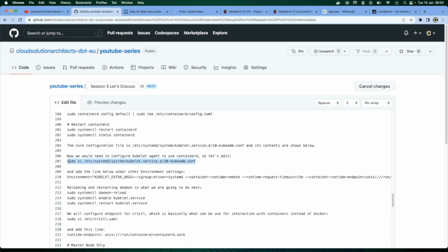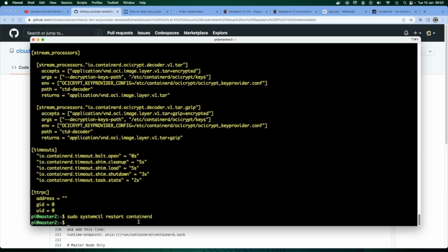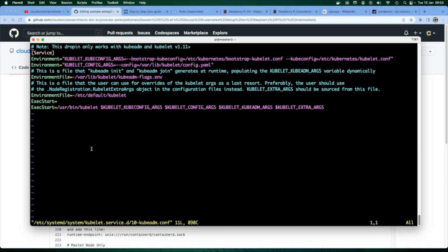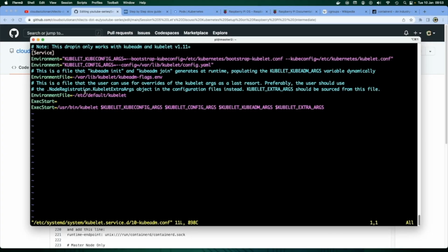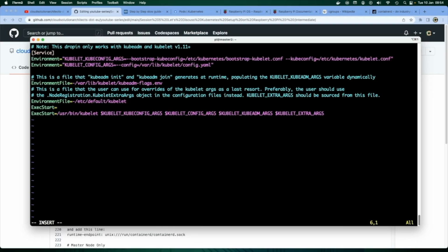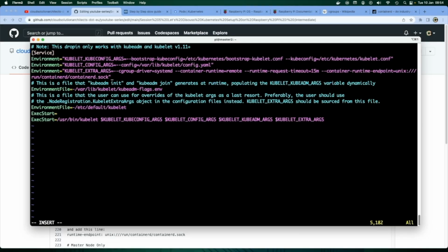Now we just need to add a new line into this file so that we configure the kubelet agent to use containerd. Let's take this line and see where we need to put it. Under the environment settings, it says, so I'm going to go down here. This is the environment settings, so I'm going to put a new line and